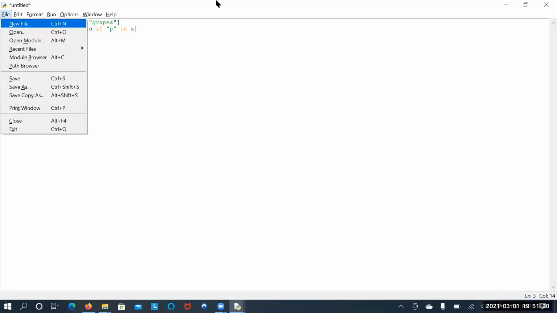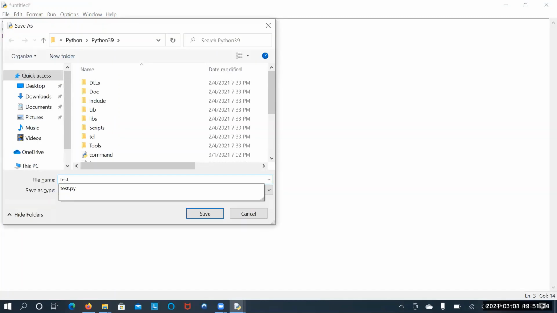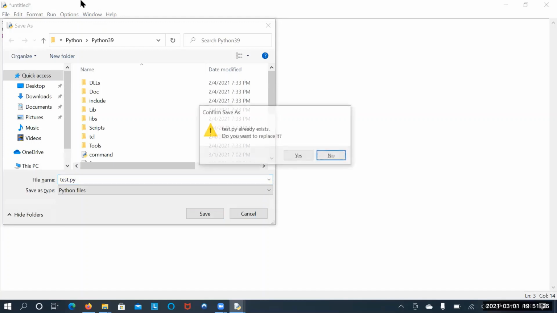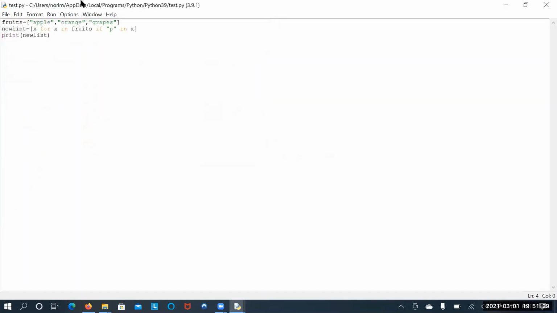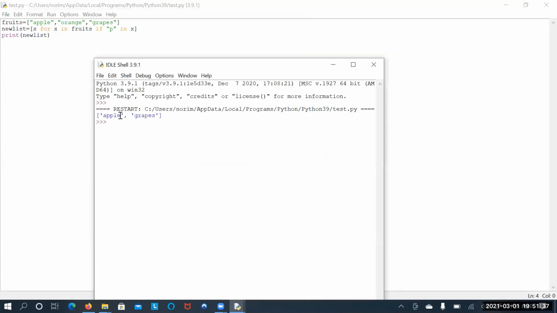Let's save this and run this code. So apple and grapes, these two have the P character in them, so I got my new list.